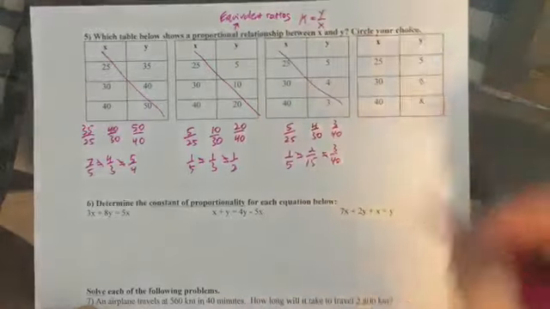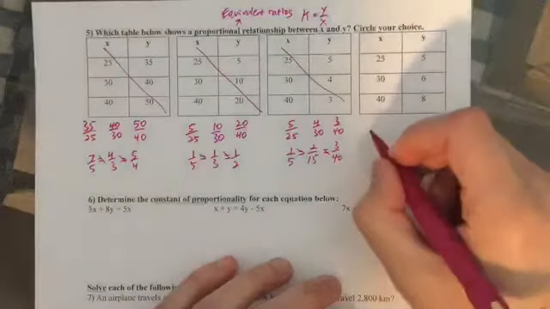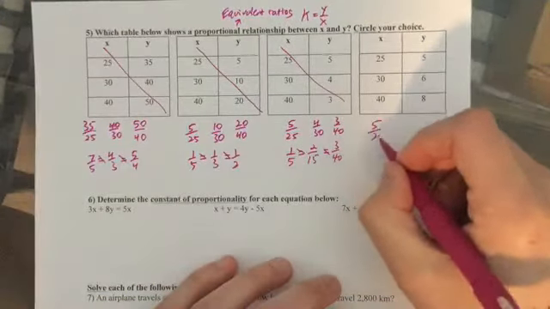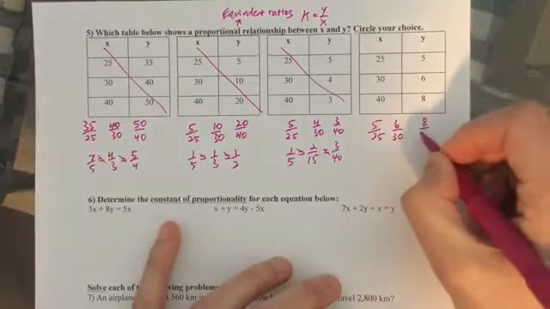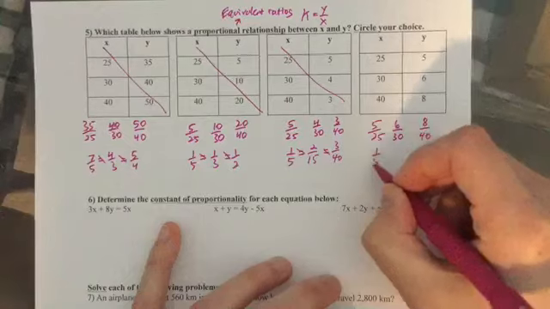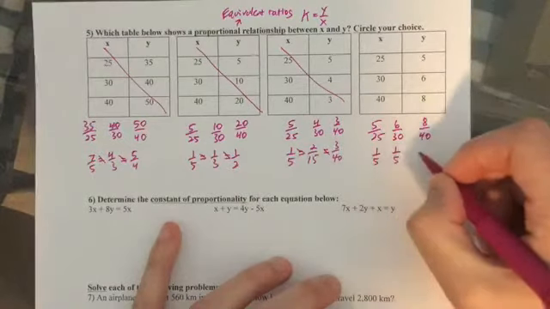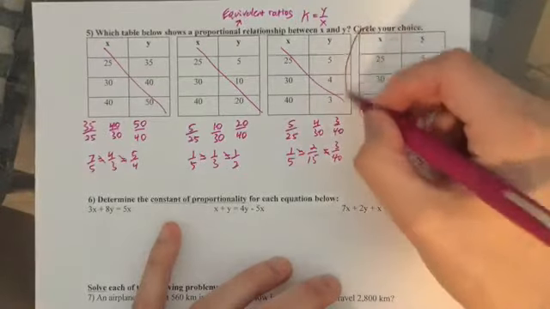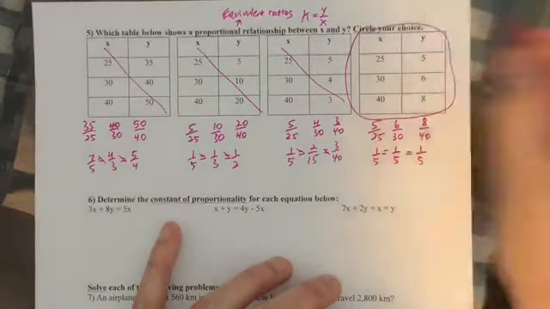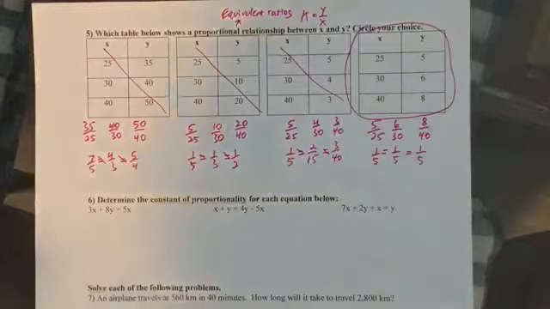Hopefully the last one will show a proportional relationship. We've got 5 over 25, 6 over 30, 8 over 40. So that's 1/5, 1/5, and 1/5. They are all equivalent, so that table is showing us a proportional relationship. You may have also noticed,